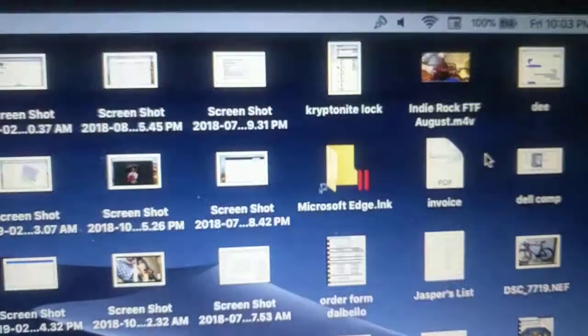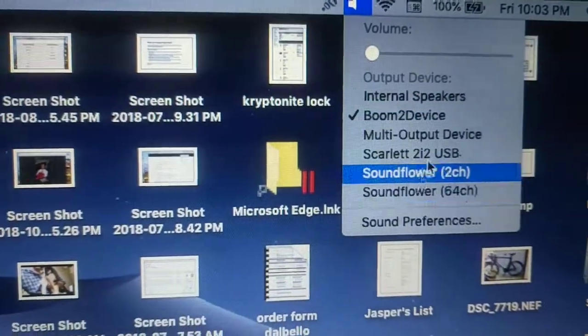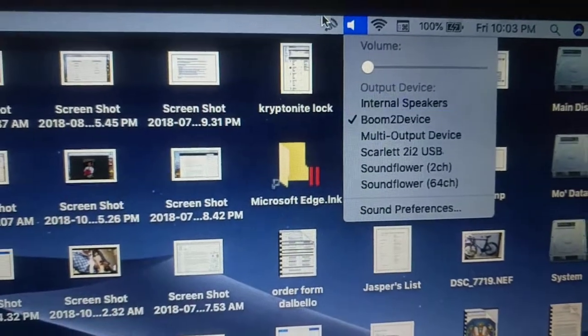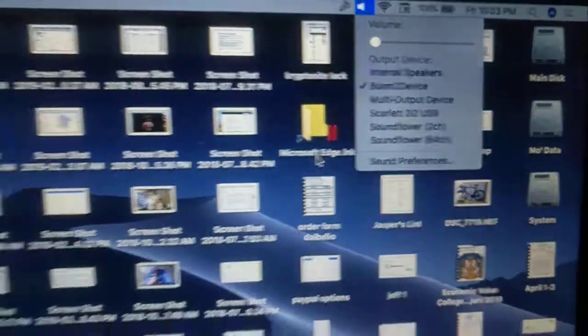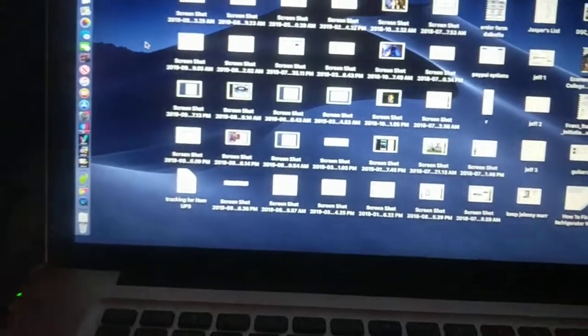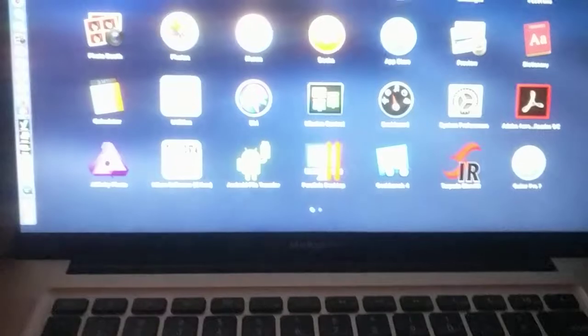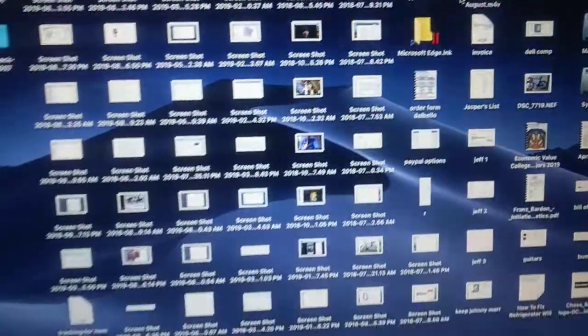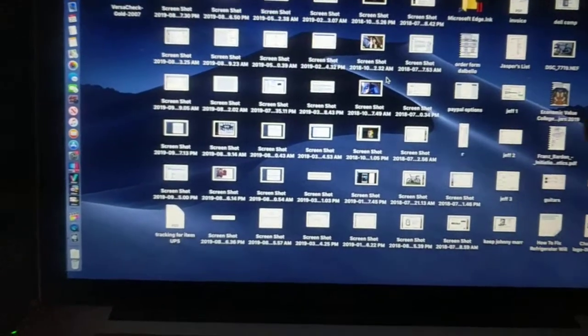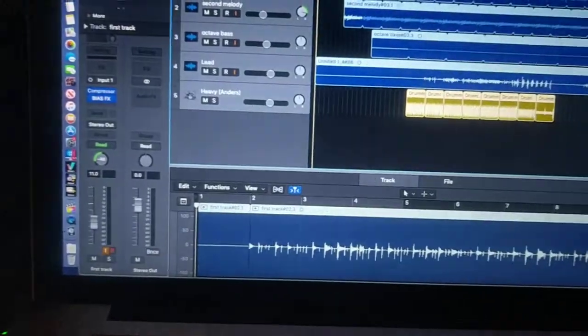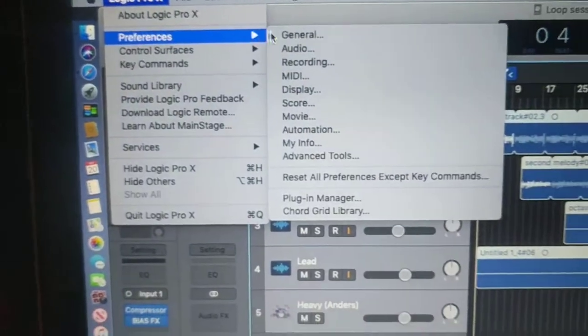And if I check right here on the top, you can see right away I get the Scarlett 2i2, but because I'm using this other thing called Boom Sound, it'll automatically go to that, but it's using the Scarlett right now. So this is right on the desktop of Mac OS. If we go into Logic, I'm going to show you the settings for that. And you'll probably want them to be pretty similar to this, or if not just like this. It's actually really easy. You go over here to Logic Pro, go down to Preferences, go to Audio,